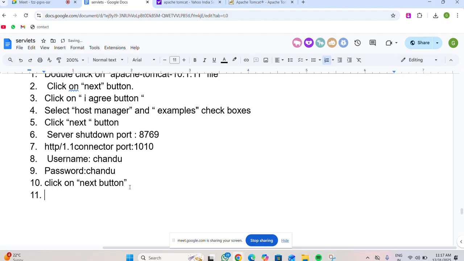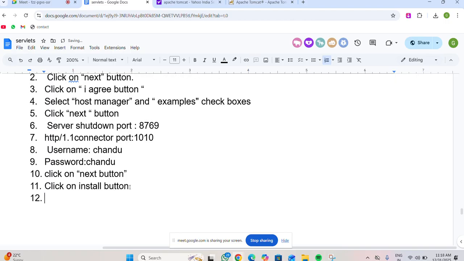Listen, bro, listen. Next, after that here, the 11th step. What is the 11th step here? Sorry, first click on the install button. Click on install button. Next step, what is the 12th step here? Unselect readme